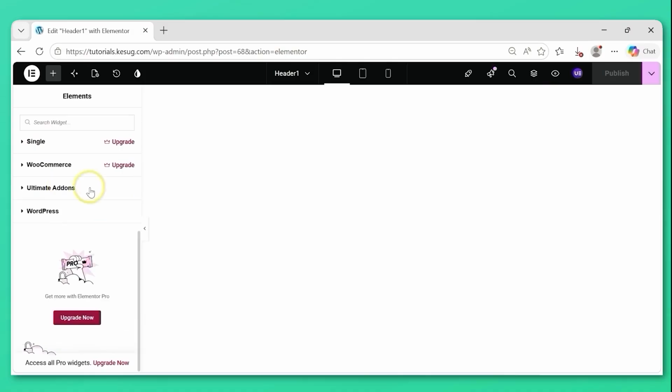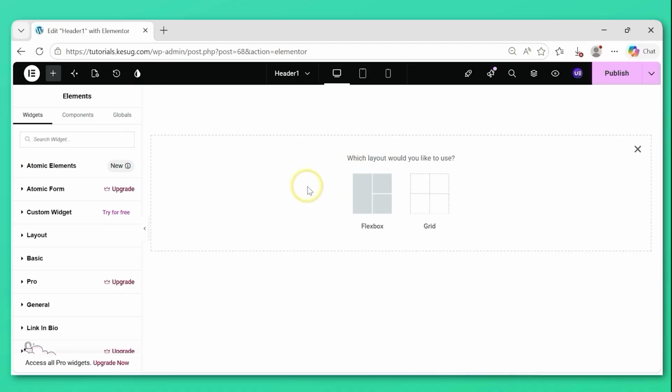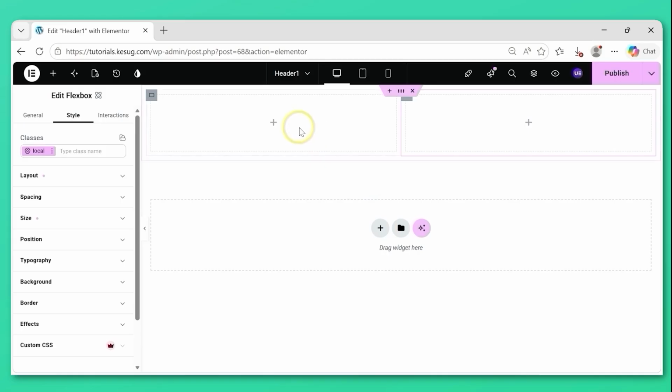I'm going to close everything and scroll up. So I'm going to start by clicking on the plus icon to create a flexbox container. Select a 2-column structure. So this is actually going to be our top bar. On the left side, I want a contact info, while on the right side, I want some social icons. Go on and click on structure